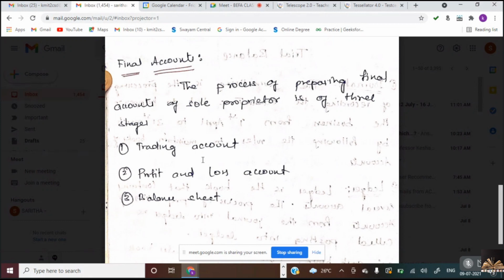So what are the 3 expected problems you get here? Journalize the following transactions is the first problem. The second problem is the big question: journalize the following transactions and post in the ledger. The third one is prepare final accounts from the given trial balance. So these are the 3 expected questions, and the one theory we expect in this 4th unit is accounting principles. Accounting principles is the first concept we learn in theory in unit 4.